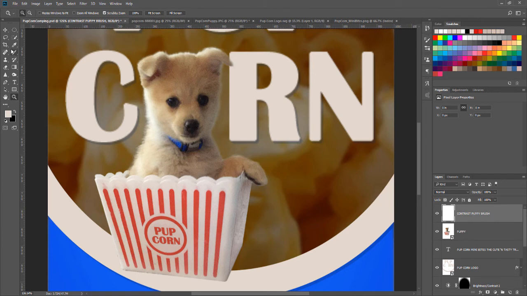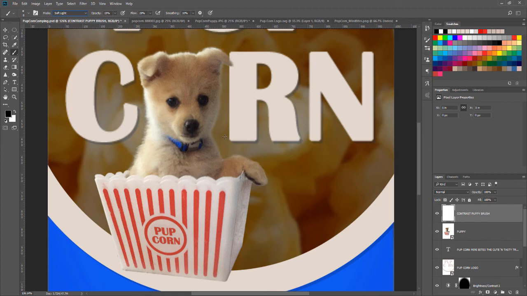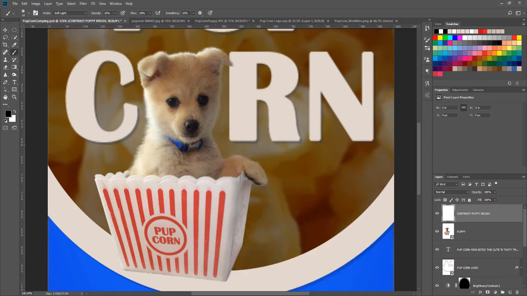And so I get my brush, I get black as my foreground color, bring that opacity way down, 10 or 15%, and change my blend mode to soft light. And what this will do is, if you can't see your brush, if it just goes to this target rectangle, hit the Caps Lock button and you'll get your brush size back. So I want to leave that down low, and this should work. So now I'm just going to brush just a little bit,